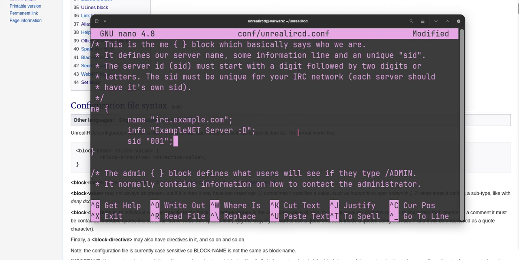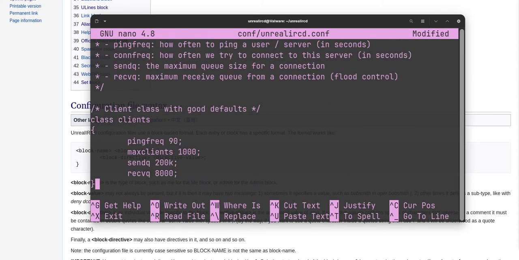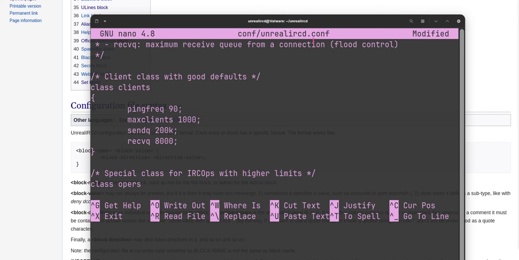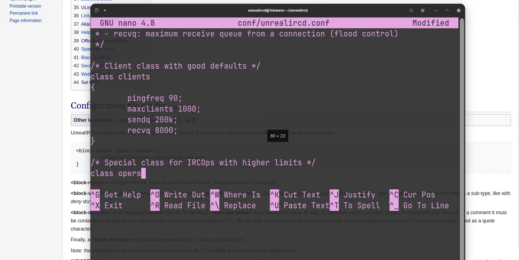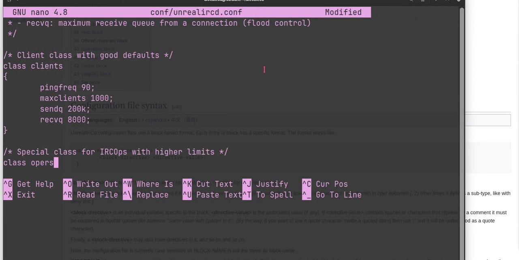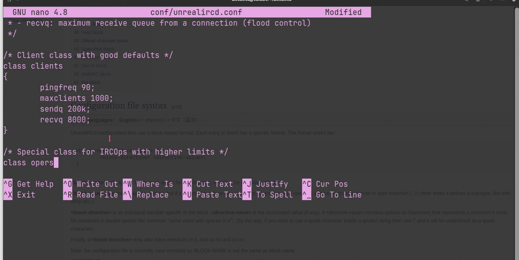Next, there are 3 main things that you need in order to get UnrealIRCd running. I'll show you just these, and I'll make another video regarding configuring your server. The reason for this is because there are so many configuration options for UnrealIRCd, so many ways you can customize your server, that explaining even the most common configuration options will take a long time. This tutorial will just get you up